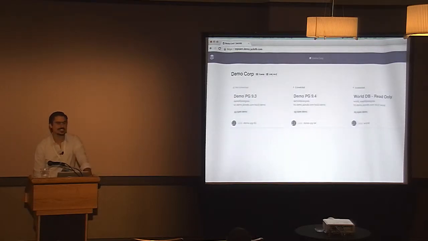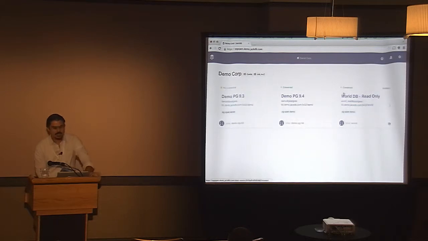So JackDB is a database security product. A big part of it is that there's a web interface to your databases. So I logged in now as Bob. You actually can't see the thing on your screen. I'll take care of that afterwards. So I logged in as Bob. Actually, wait, I have to fix this.